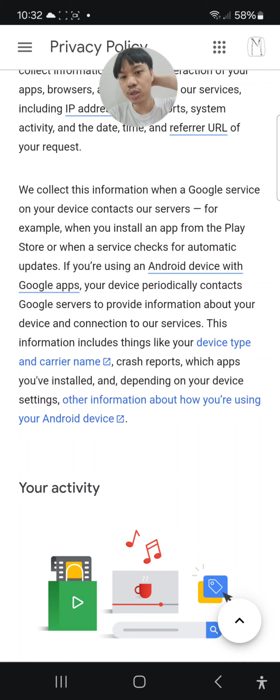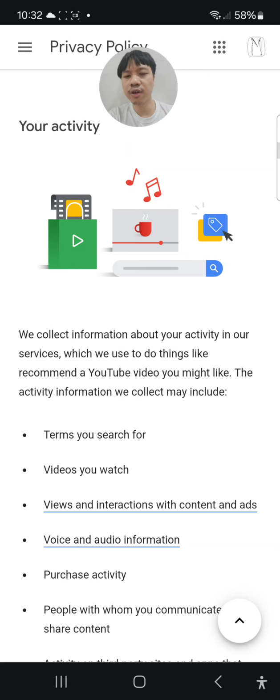Your device periodically contacts Google servers to provide information about your device and connection to our services. This information includes things like your device type and carrier name, crash reports, which apps you've installed, and depending on your device settings, other information about how you are using your Android device. Ooh, man. Your activity, we collect information about your activity in our services, which we use to do things like recommend a YouTube video you might like.